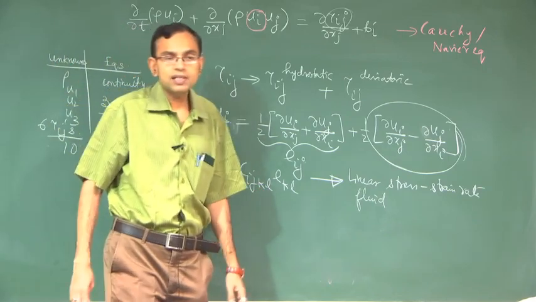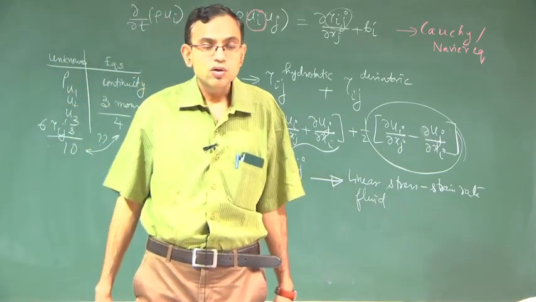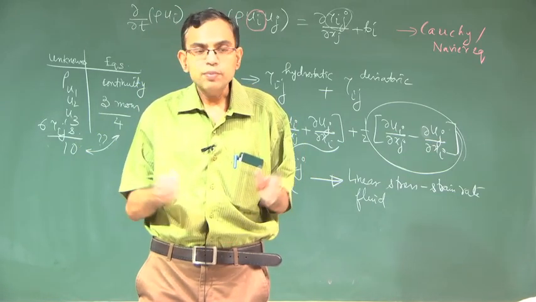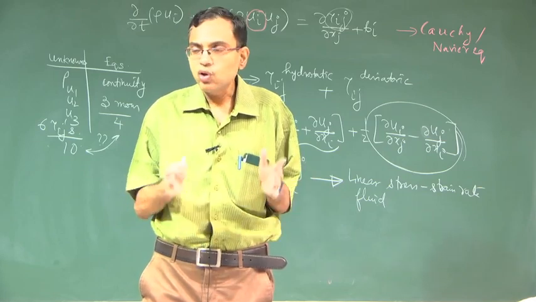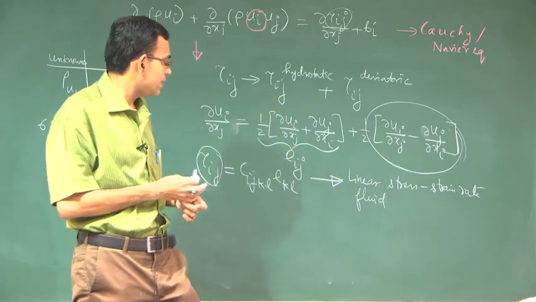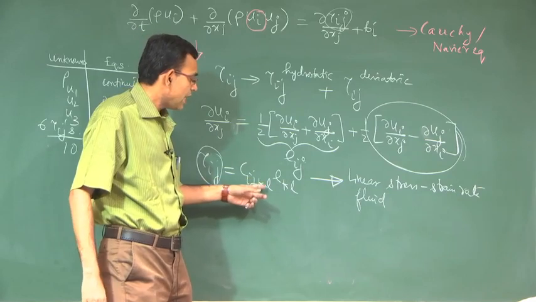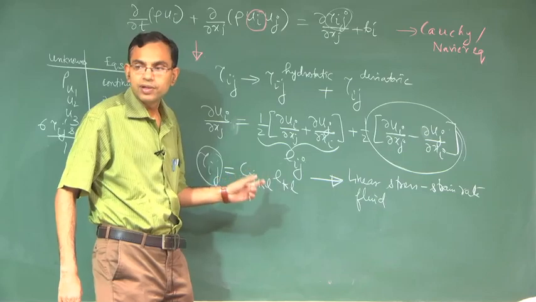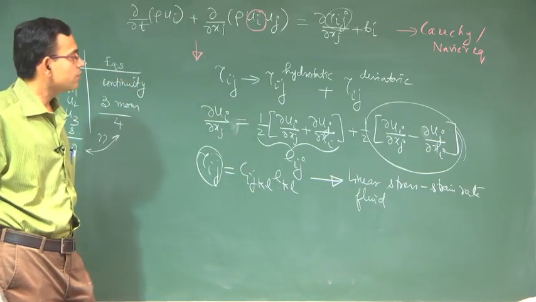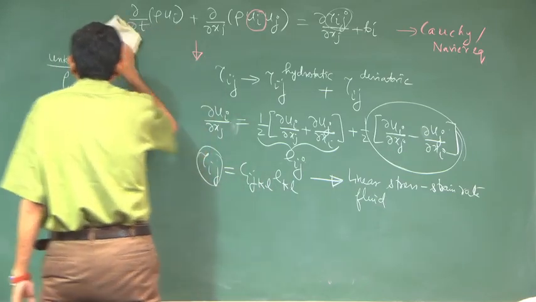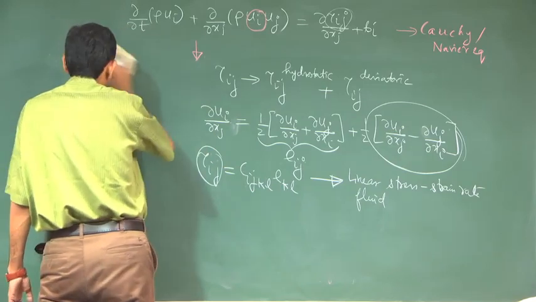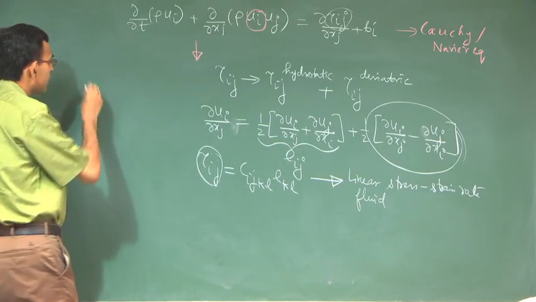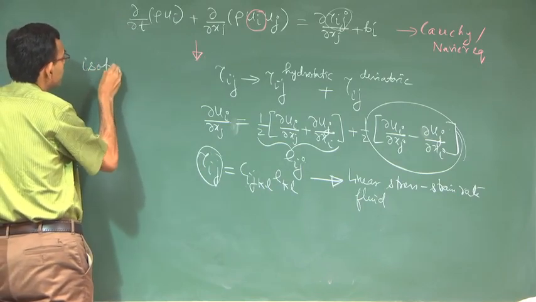So, that means to describe the property of a fluid, you would ideally require 81 constants. Normally that is never required. So, what it means is that definitely there must be a simplification for more realistic fluids, and we will consider such more realistic fluids now, which are homogeneous and isotropic fluids. So, first we consider isotropic fluid.